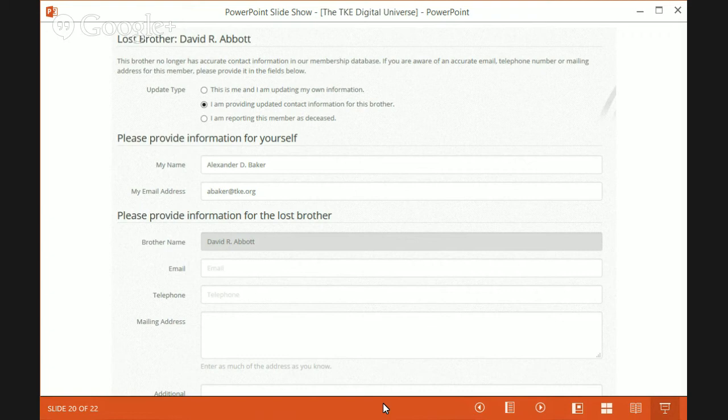One of the nice things on this page as well is you can actually copy and paste the URL for David Abbott, for example, and copy and paste that into an email for him, or copy and paste that into a Facebook message or tweet. These are custom URLs for each individual person. And so that allows people to go through their contact lists on Facebook and compare these two lists and see who you have updated information on, etc. This is one area we really, really need your help.